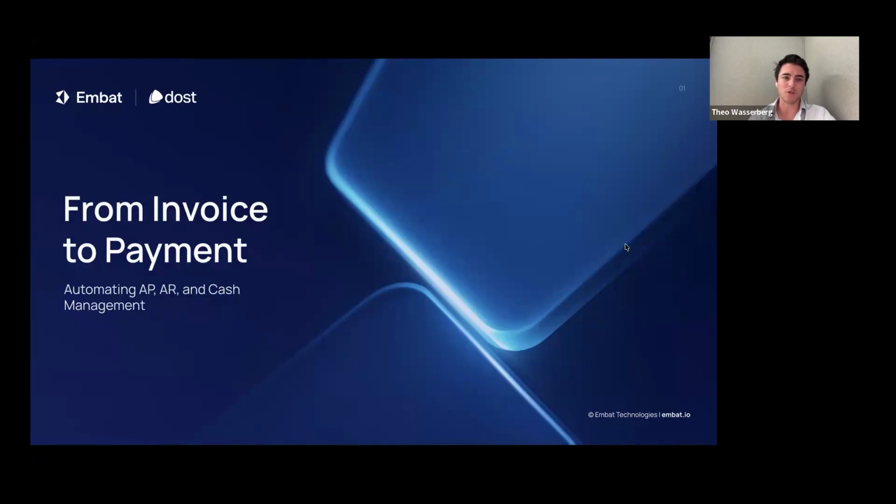I'm from the Embat side, and we're going to talk about how we move from invoice to payment across AP, AR, and cash management. The basic thing that we want to talk about is how most finance teams run that in three separate operations: AP, processing invoices; AR, with the remittances; and then Treasury and cash management is left trying to piece that together, often with a cash position that's already a bit out of date. Doug and I are going to show you what that looks like, when those things actually work together, and how quickly you can get there.